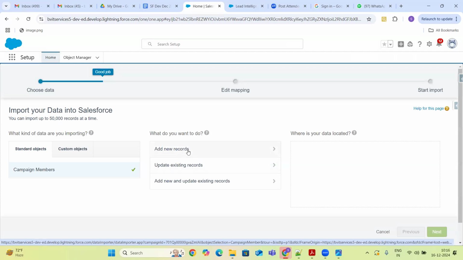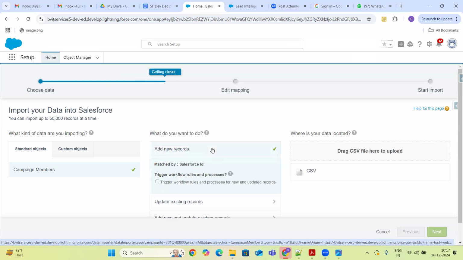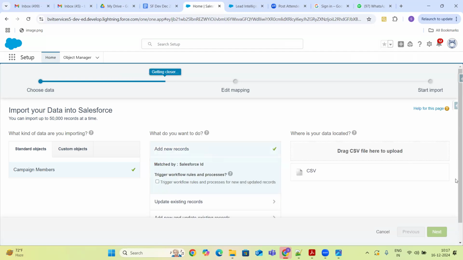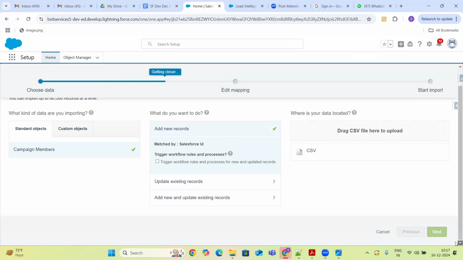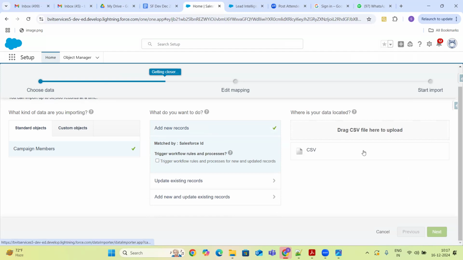To create new records, or if you would like to update any existing records, you can select these two operations. For example, add new record. Through CSV files, Excel files which we store as CSV, if we want to upload any CSV file, we can drag that file here and click on next.